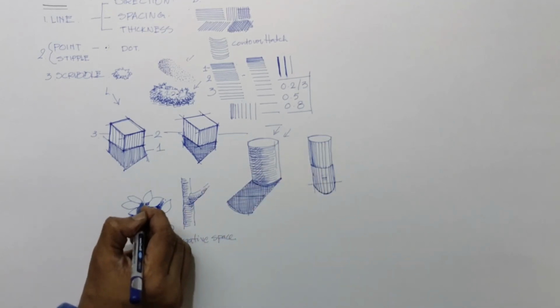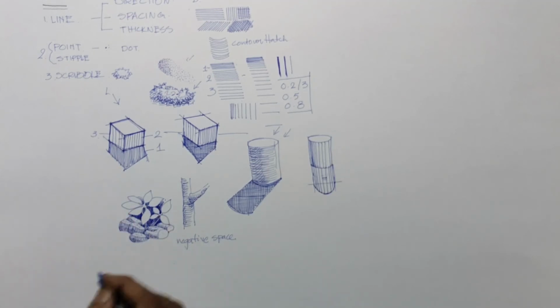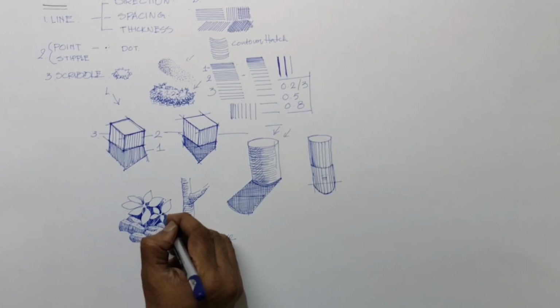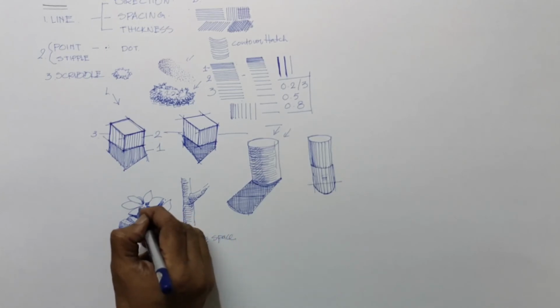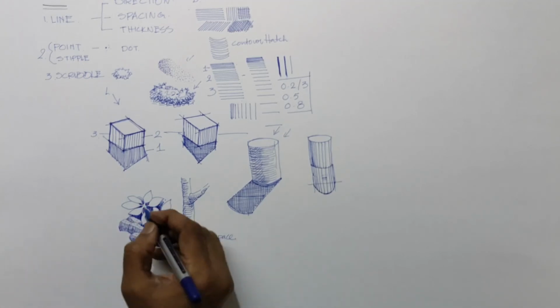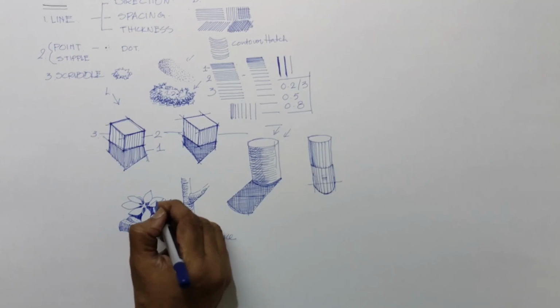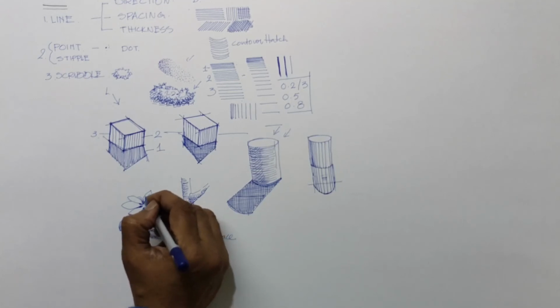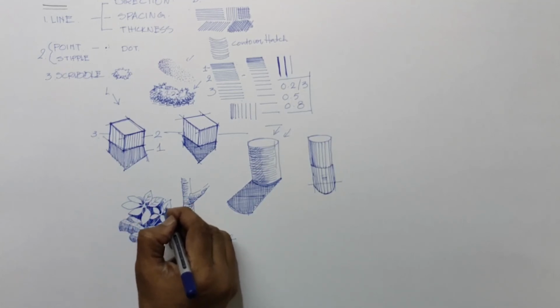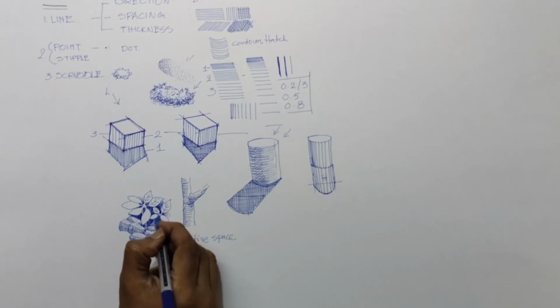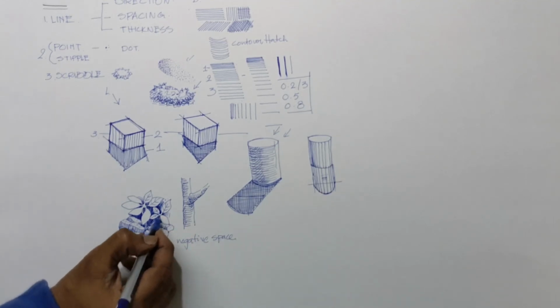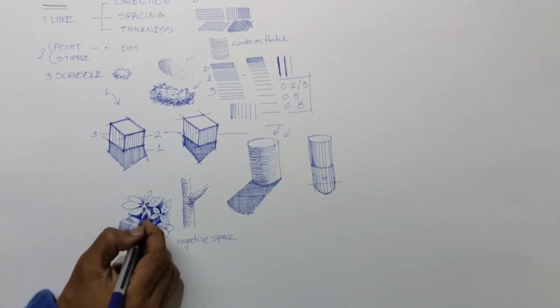Here also I can use the same technique. Here I can use very close lines, and slowly I'll leave it like that. Here also, so that my leaves are enhanced. Here also I can use that. It is closed, so I can use the dark hatching. Now to complete that, I'll add the veins. A thin pen you have to use, maybe 0.2, though I'm using the same thickness. See, like that.